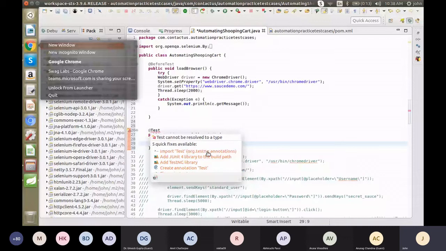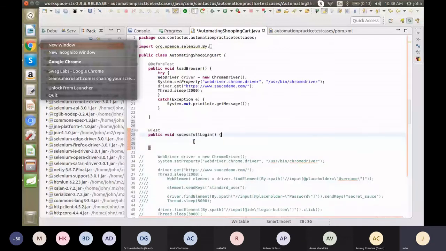In this method, we have to validate the successful login page, right?